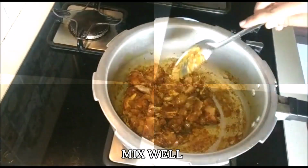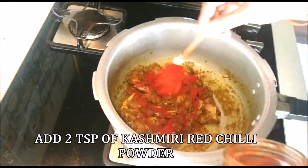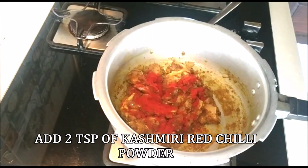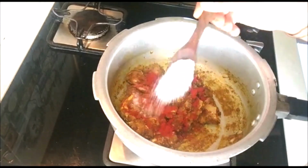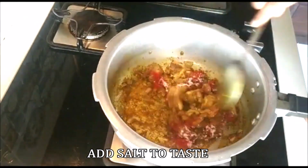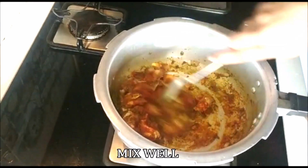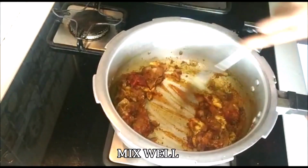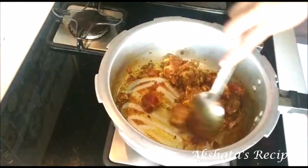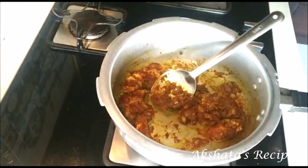And then I'm going to add 2 teaspoons of Kashmiri red chili powder and some salt to taste, and that's all. And now we just have to add some water, like you'll see. This is a really easy chicken curry, and it goes so well with anything. Now I'm making sannas, so this goes very well with sannas because the sannas actually soak up all this amazing